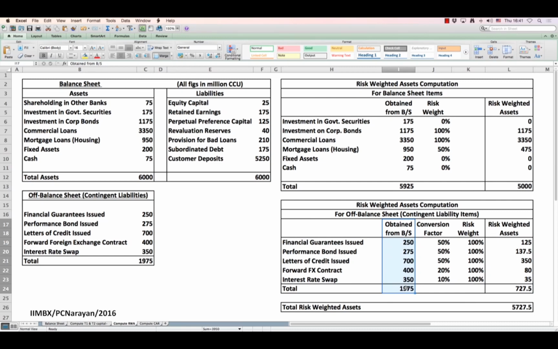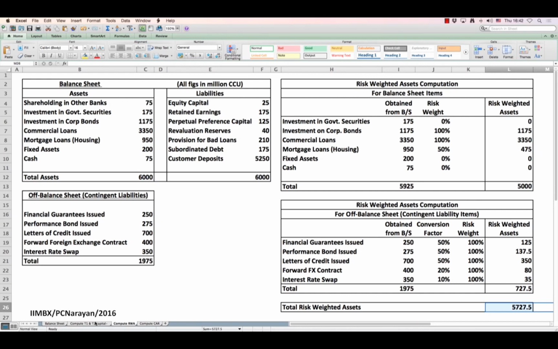The total risk weighted assets would be the sum of this 5000, which is the risk weighted assets for the on balance sheet assets, and the 727.5 is the risk weighted asset computation for the off balance sheet assets. The two together works out to 5000 plus 727.5 gives you